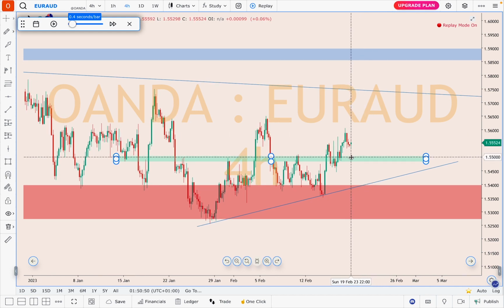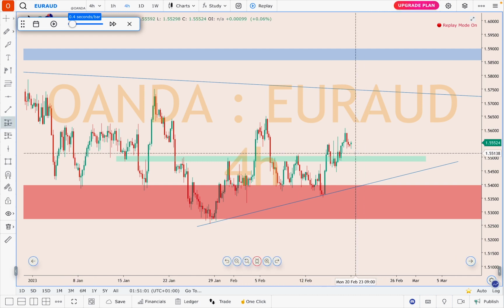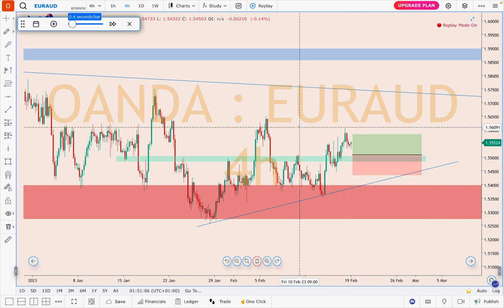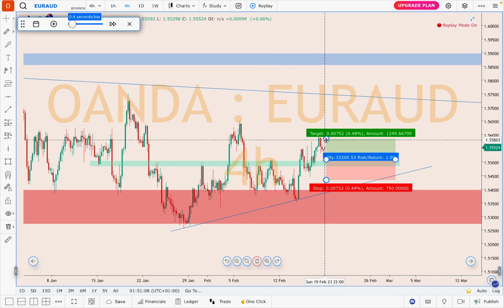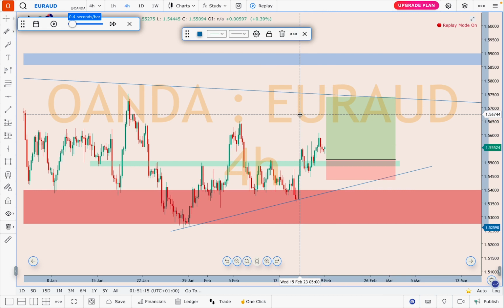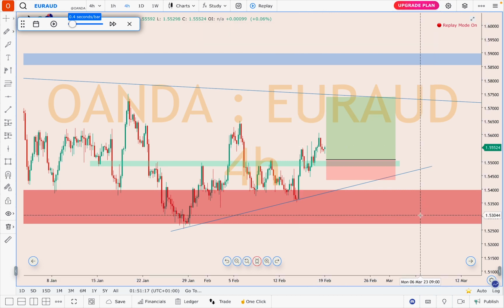All right, now that we know that we have a demand level over here, which previously acted as resistance right here, right here, and right here, it means that price is likely going to come back to tap into this level. So what we want to do is set a buy limit over here with our stop loss right here. And since this video is made mostly with beginners in mind, I would say that as a beginner you do not necessarily want to look for trades with too crazy a risk to reward